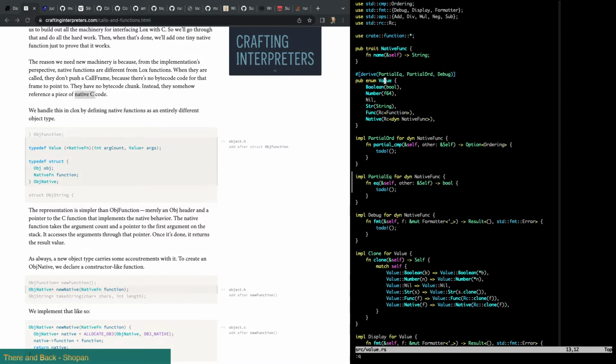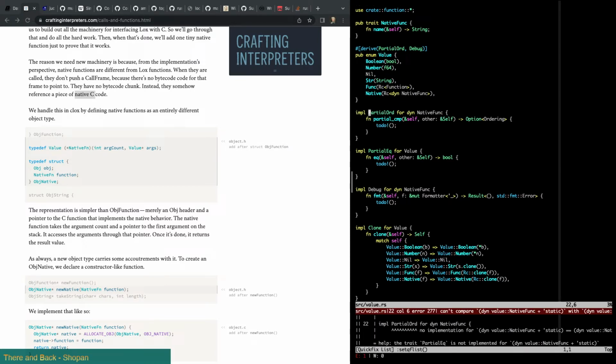So I think what I need to do then is just write my own. Let's just try it with partial equal and see if that works for value. And now partial ORD for value. Oop, I gotta remove it from here.